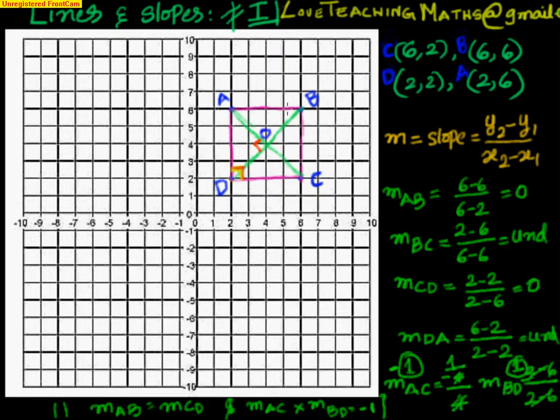Let me just repeat this before I clear and move to the next screen. I have plotted the square ABCD. I have found the slope of all the sides AB, BC, CD, DA and also diagonals AC and BD. We have seen that the parallel lines have the same slope, AB and CD, AD and BC respectively, and also we have seen that the diagonals' slopes are equal in magnitude but opposite in sign, which gives an important relationship that in